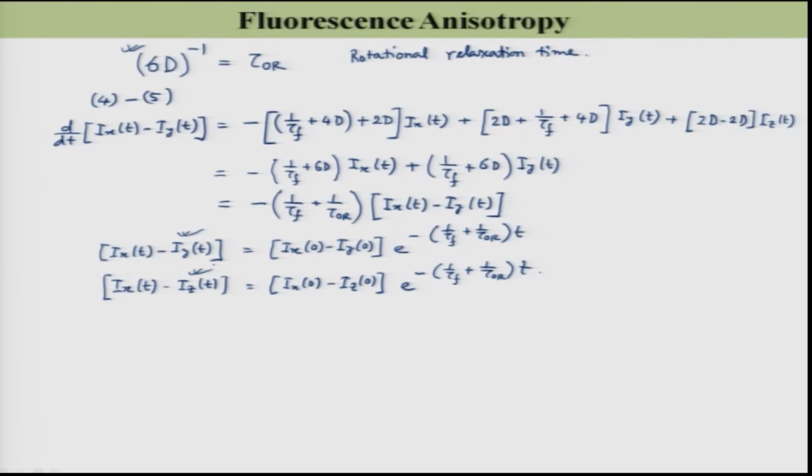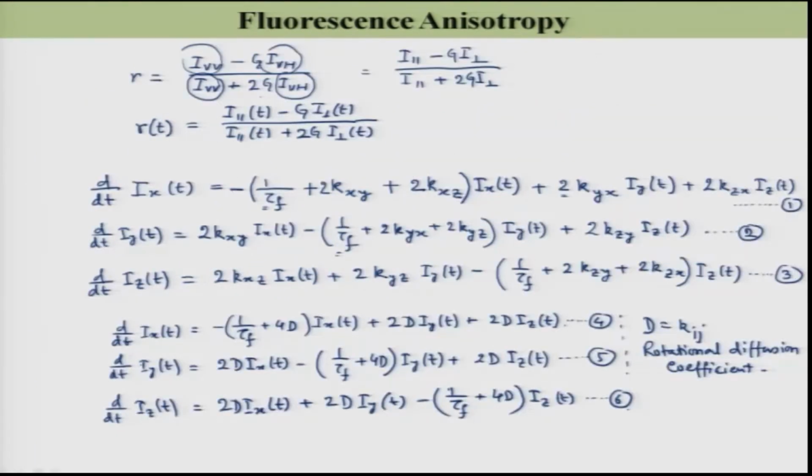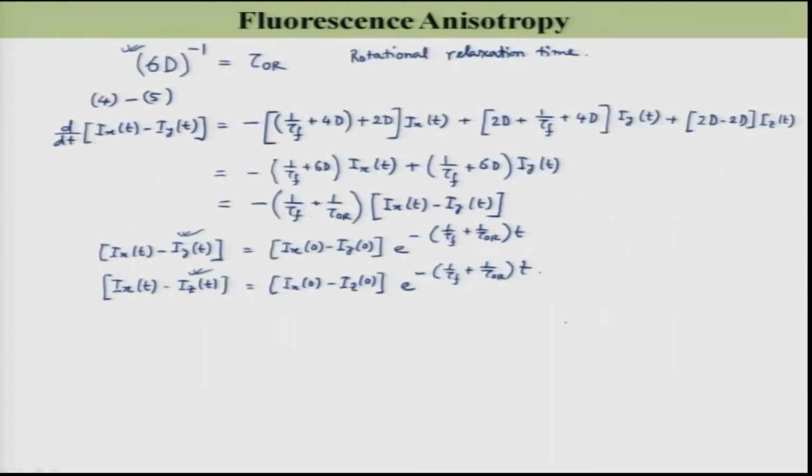Now, if you put the value of I_y(t) and I_z(t) here and here, you will get everything in terms of I_x, these two will be replaced by I_x. So, now let us put the value of I_y and I_z into that equation. Let me name it as 7, this one is 8, this one is 9,